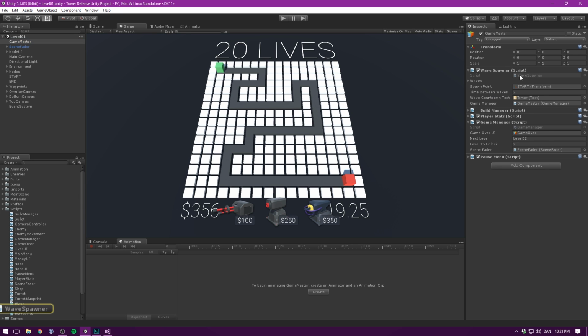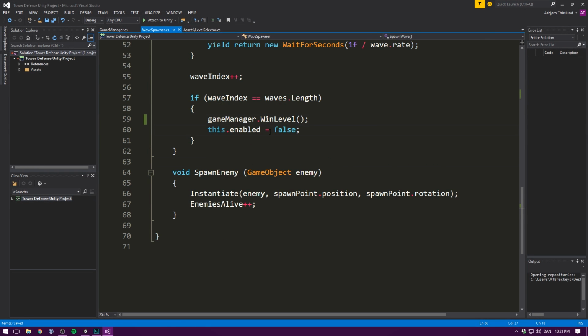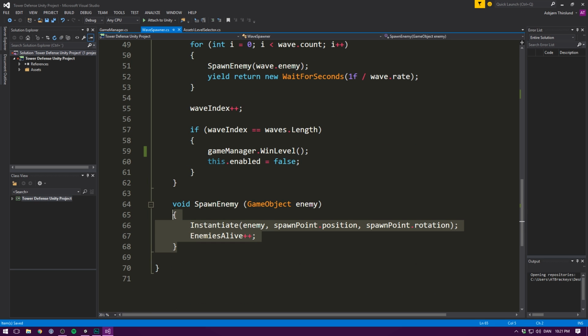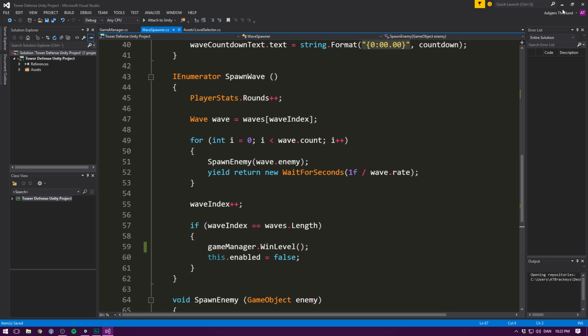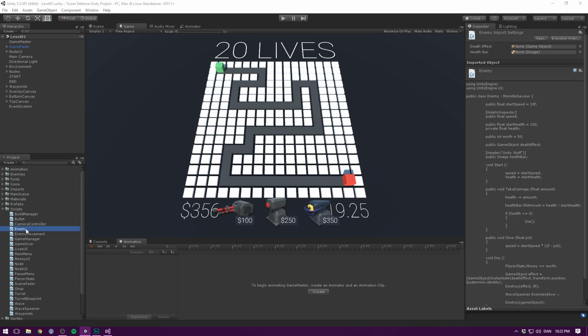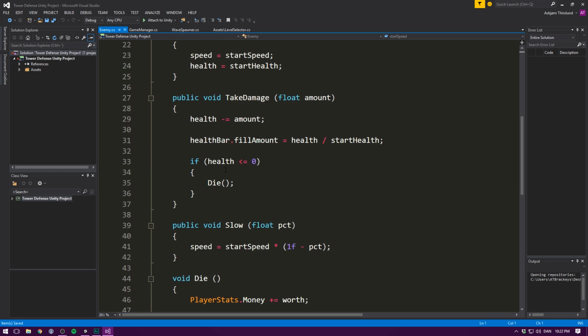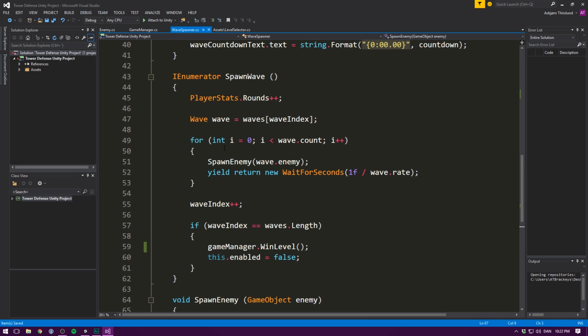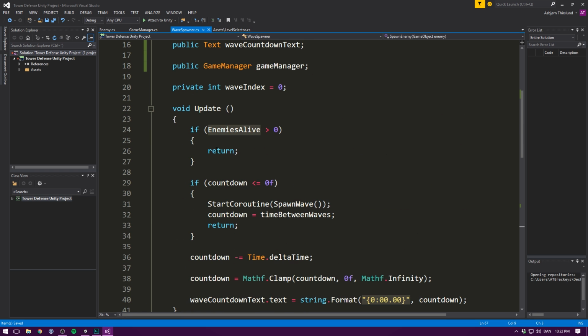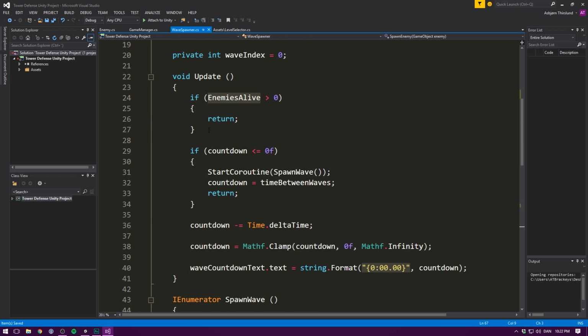And we do that by, if we go into the wave spawner here, each time we spawn an enemy, we increase enemies alive by 1. And then when we kill an enemy, if we find our enemy script, so we'll go and double click on the enemy here, every time we die, we decrease enemies alive. And if enemies alive reaches 0, it's going to go ahead and spawn the next wave. But the problem with this